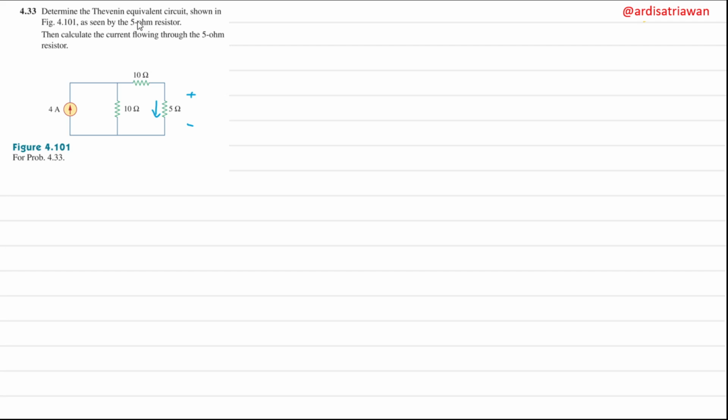So we are asked to use the Thevenin equivalent circuit, so we need to find the Thevenin voltage and then the Thevenin resistance. There are two steps to find that. The first step is to find the Thevenin voltage, and the Thevenin voltage is just the open circuit voltage of that 5 ohm resistor. So we open circuit